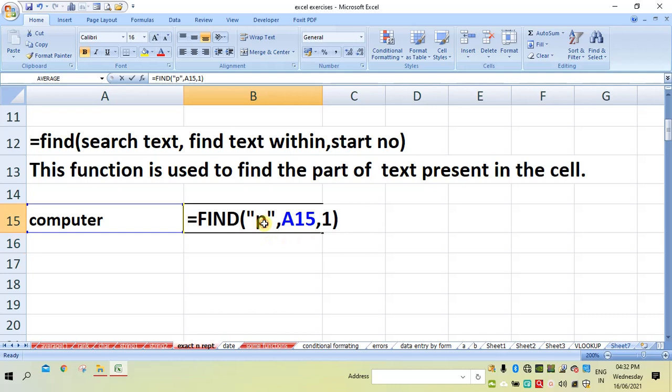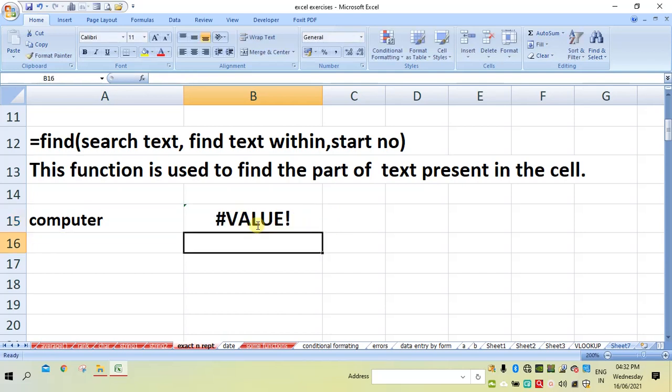If the specified text is not present, then it will give you an error. For example, if I write Z here, it will definitely give you an error, that is a hash value error. It is saying that the value is not present, that's why the error is indicated.